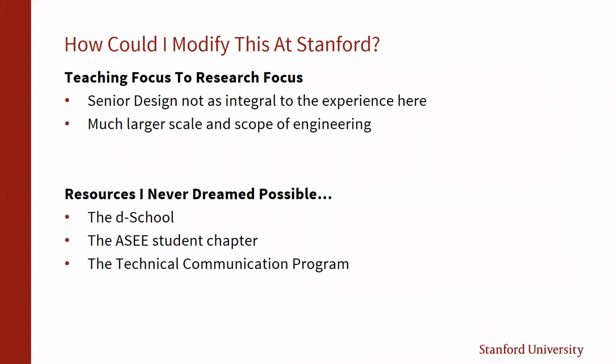And then there's a technical communication program here at Stanford that's run through the School of Engineering. So tech writing at UMass Dartmouth is principally the domain of the English department, but technical communication at Stanford is the domain of the School of Engineering. There's a stronger historical relationship between the TCP here at Stanford and the engineering library than there was, at least during my time there, between that side of the English department at UMass Dartmouth and what I had.